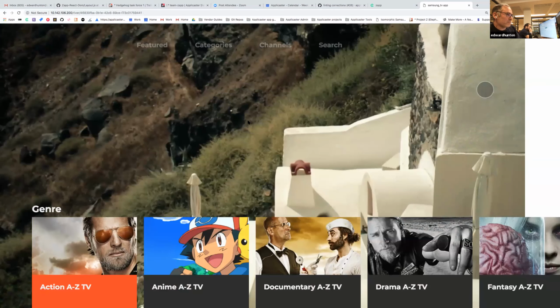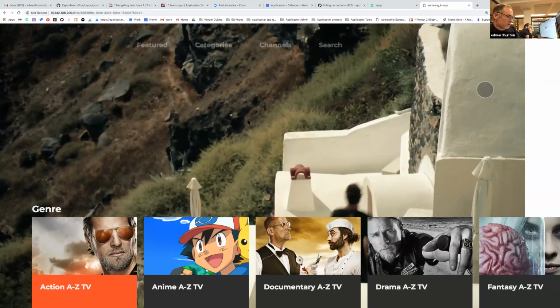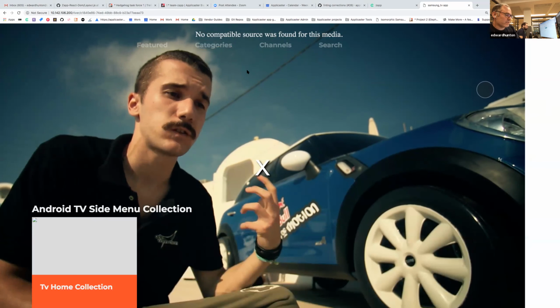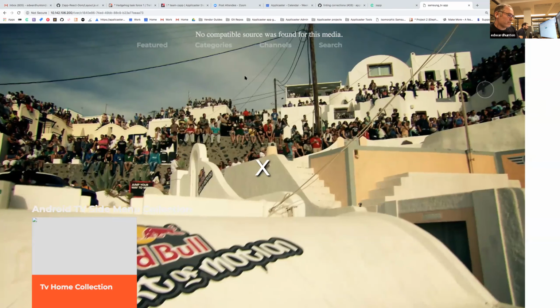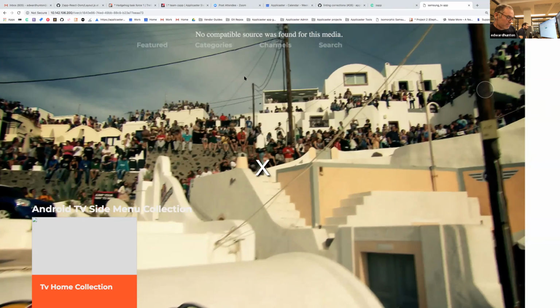That's trying to play some content that's not compatible with this video player. So you can see from this that you can have n number of screens, and they're set up to load new content into the main body of the app. Trying to get back to show you the... I think if I leave it now, it will show. Oh, the transport controls will come back, and I can return to that.